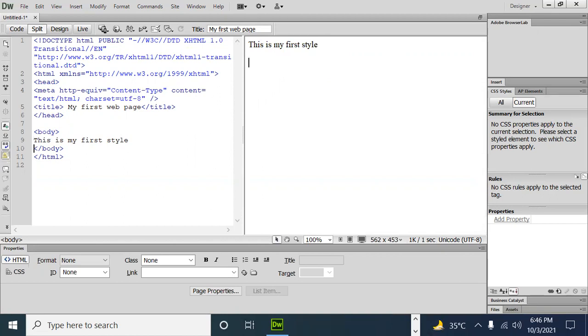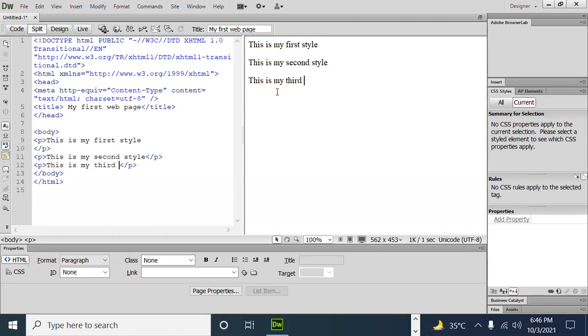If I type here a second thing, second style, and then third style.